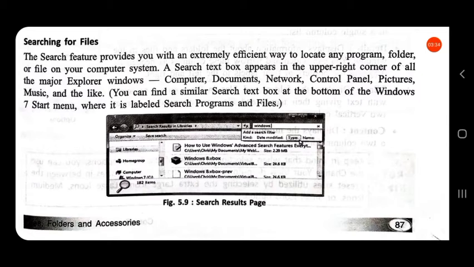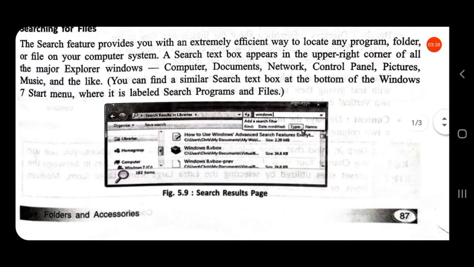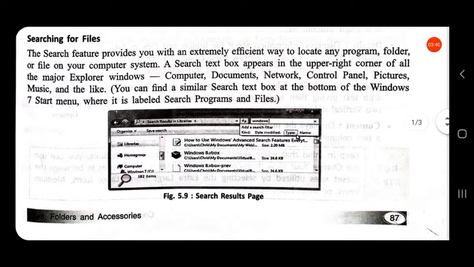Then the next one is searching for files. We can search for a particular file or folder in our computer. The search feature provides you with an extremely efficient way to locate any program, folder or file on your computer system.